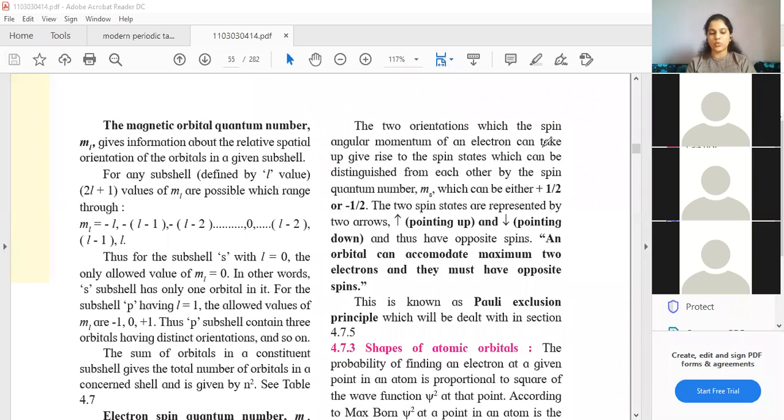What you can do, students, is on one page write down all these formulas, all the equations that we are using, all the ranges and so on. Not now, but later when you are reading this part again. So you can write down: principal quantum number stands for n, then azimuthal is L. Then ML: what is its value, how we can find it, what is the range, all these things.